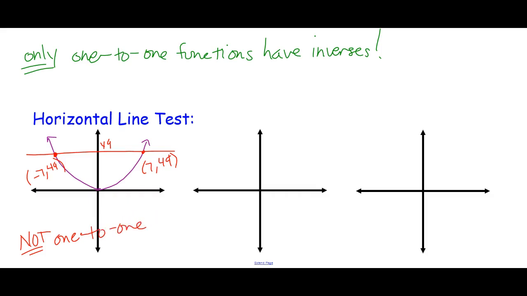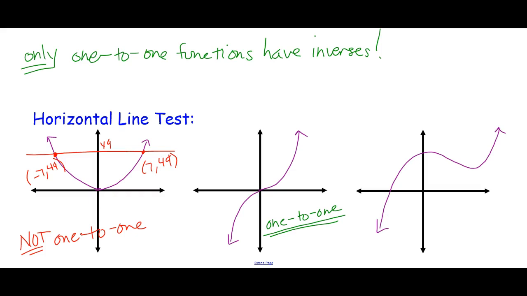So if you have a graph that looks like, say, this, that one is going to pass the horizontal line test. This one is one-to-one. Whatever it is that gave us a graph that looks like that, I know it has an inverse. On the other hand, if I've got a graph that looks like, say, this,